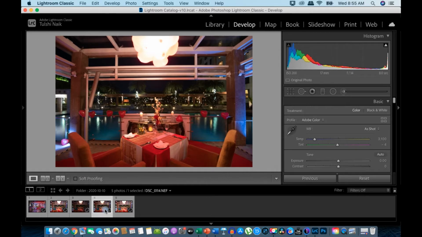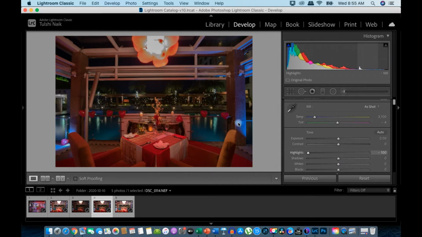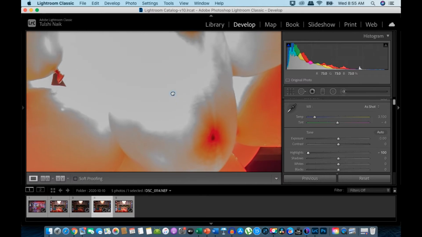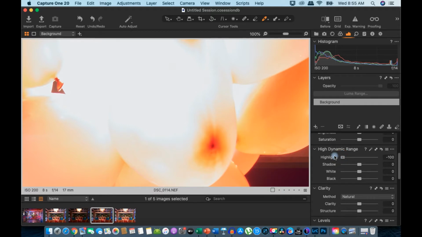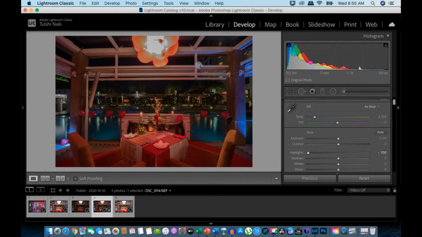Let's go to Lightroom, take this same image, the bright, and pull the highlight slider all the way down, and again bring this to 100%. Now here, as you see, let's go to Capture One first. While we have taken the highlight slider all the way down, you can see from the dark part of the balloon till this blown out highlight, there is a nice gradation, and I can still see and feel a little bit of the skin of the balloon. But however, if you see the Lightroom, it has created these patchy halos, and the rendition is very unrealistic.